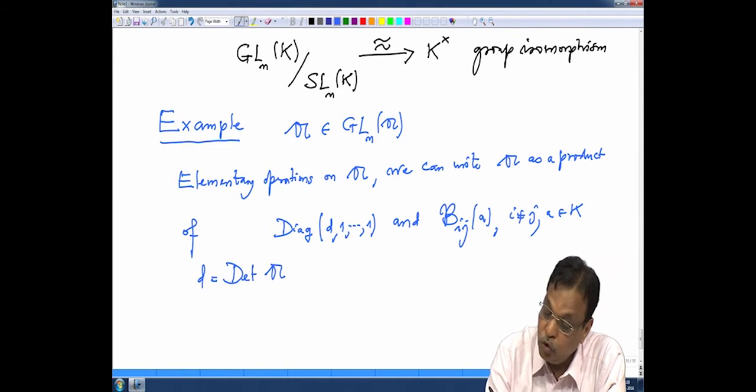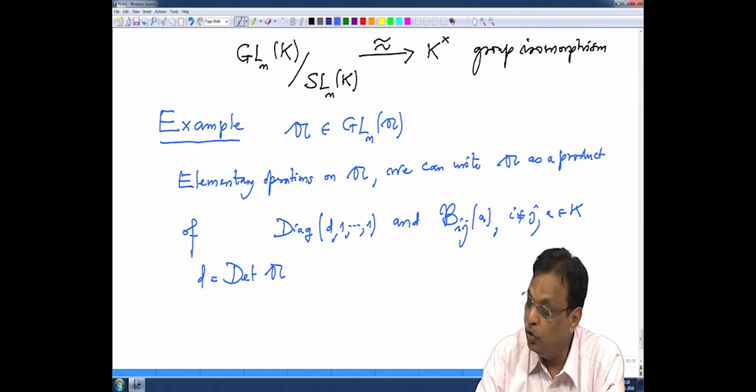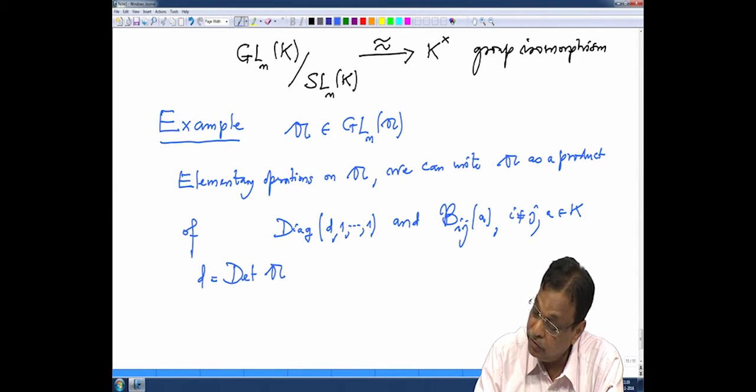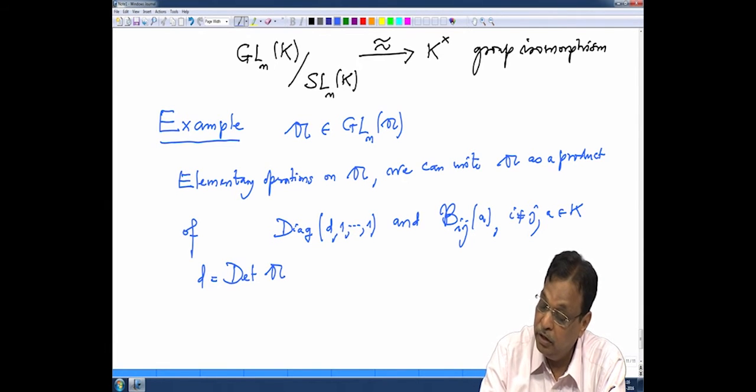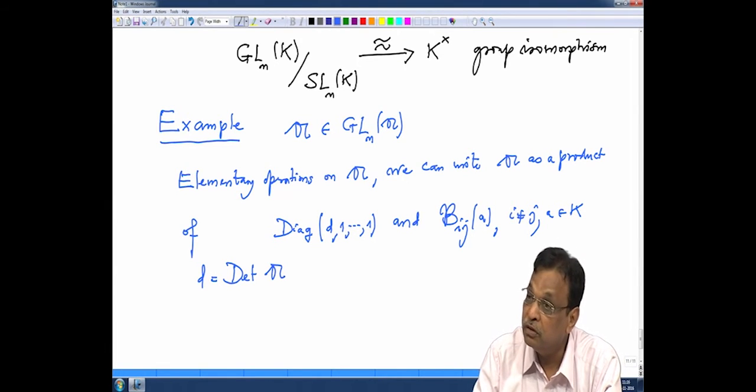And if this original matrix were having determinant 1, then actually this is the identity matrix. So, you will not require this. So, that shows two very important observations which I want to say in terms of group theory. So, this means the group GLN K is generated by these elementary matrices and this type of diagonal matrix, because every element in GLN we have written as a product of this.